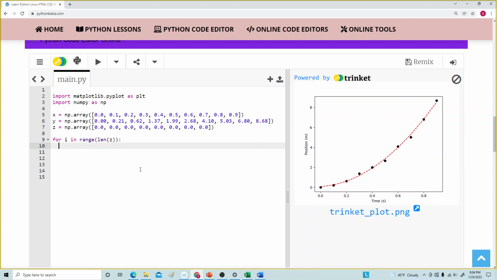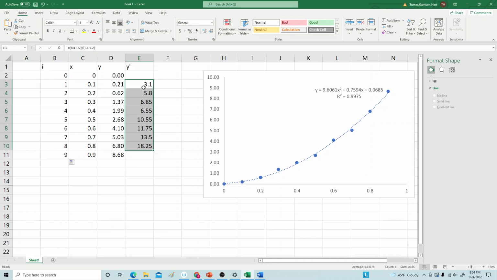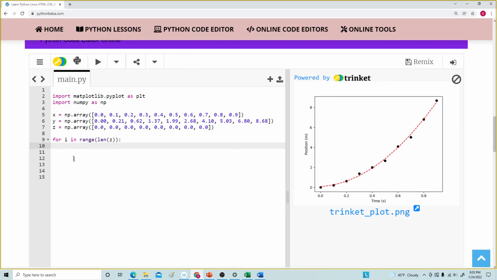Okay? So this is where the loop is going to get executed. So here's what we're going to do. We say for i in range(len(z)), and i is going to start at 0. So I can't start the calculation at 0. I have to start the calculation at 1. So what I'm going to say is z of i, right? z of i. So i is going to start at 0, and this is z of 0. This is the 0th element of i,